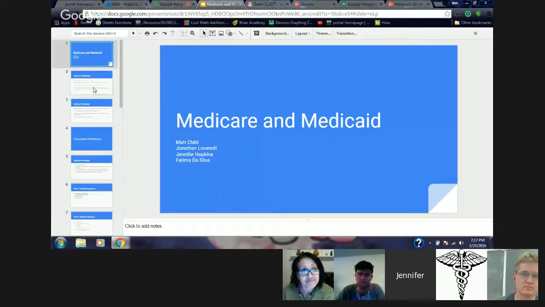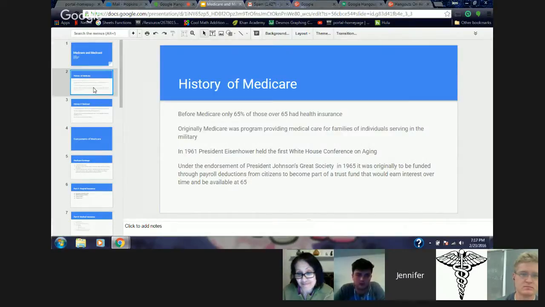This is the history of Medicare. Before Medicare, only 65% of those over 65 had health insurance. Originally, Medicare was a program providing medical care for families of individuals serving in the military. In 1961, President Eisenhower held the first White House Conference on Aging. Then, under the endorsement of President Johnson's Great Society in 1965, it was